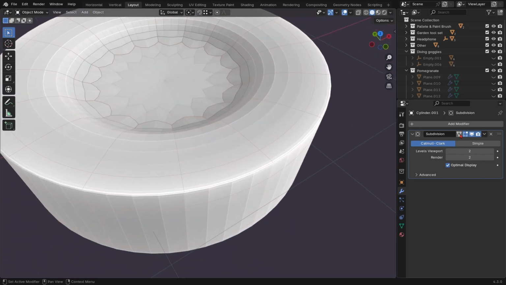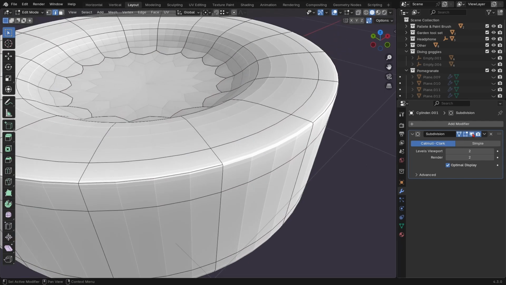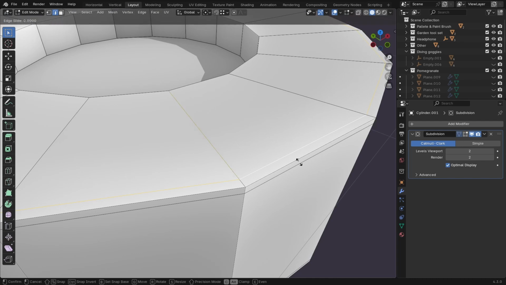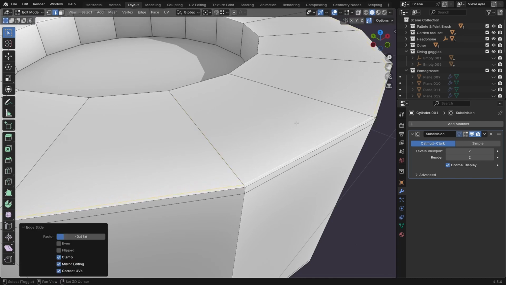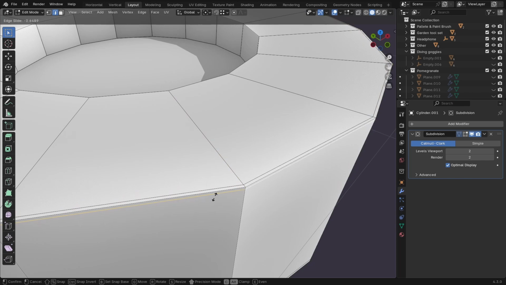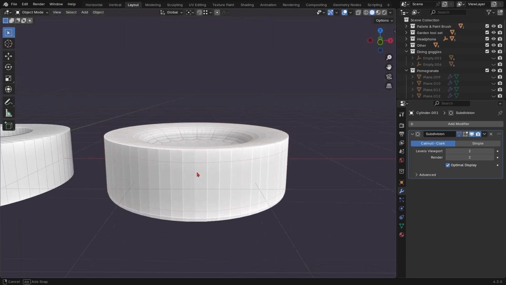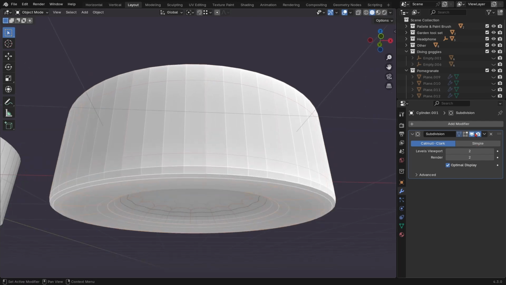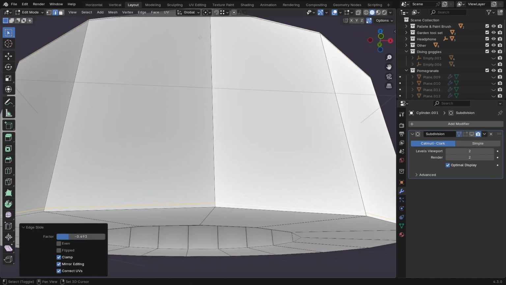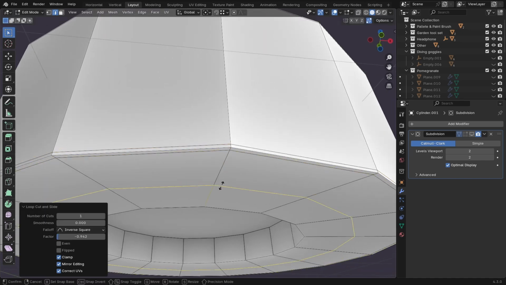If I just click on this cage, we can now work on it in real time. So let's click here, press G G two times, and make it very, very sharp. Now you'll see how it starts to react. So you got the idea. So let's grab it, G G two times, and we can do the same thing here,